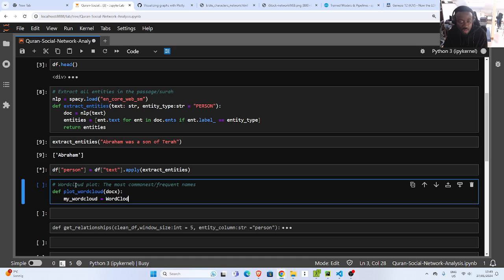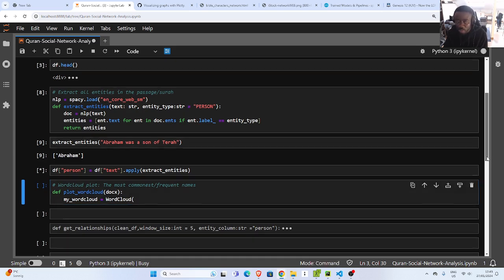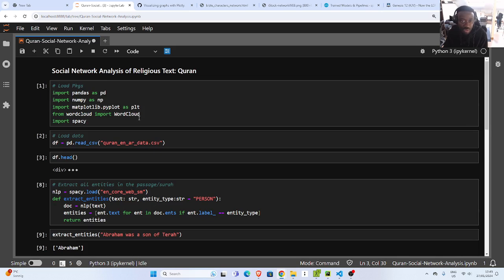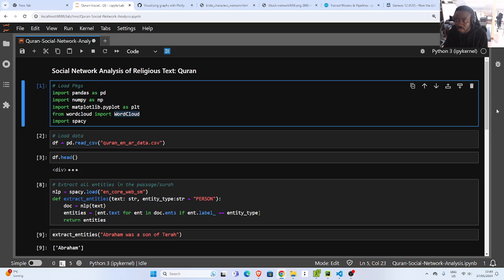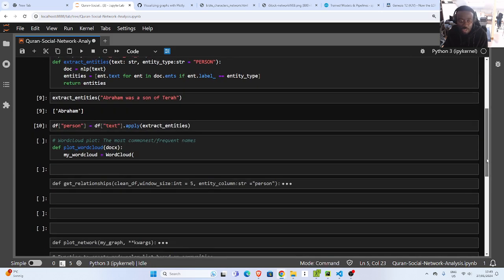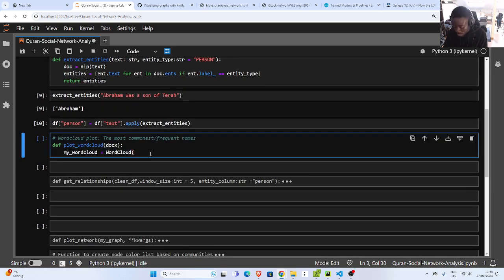So word cloud, coming from the one we imported above. We already imported word cloud, in case you're wondering. We imported it from here, and that's what we're using. We also have plotly there, and matplotlib, and then I'll pass in dot generate